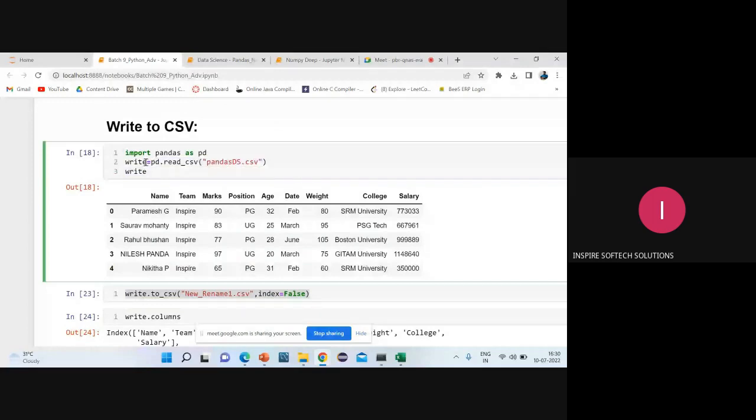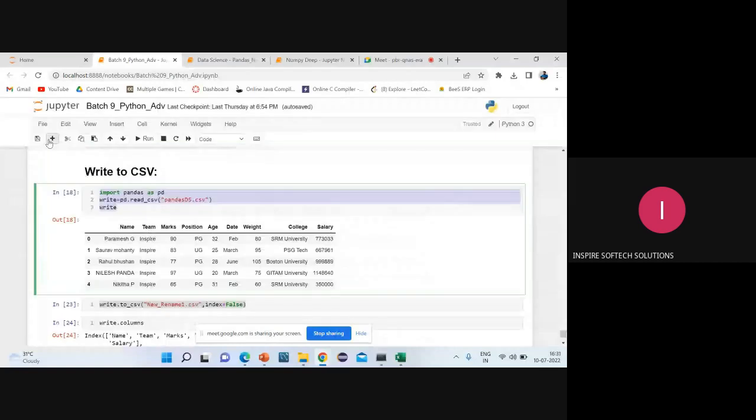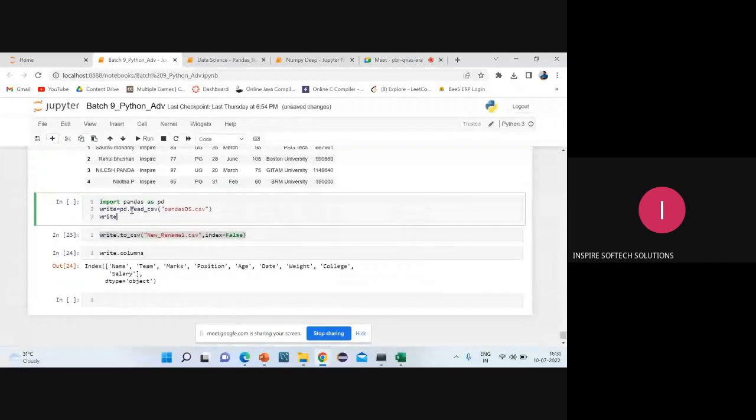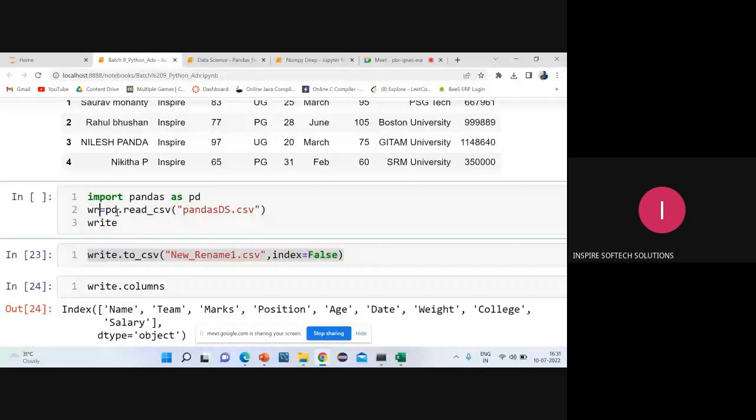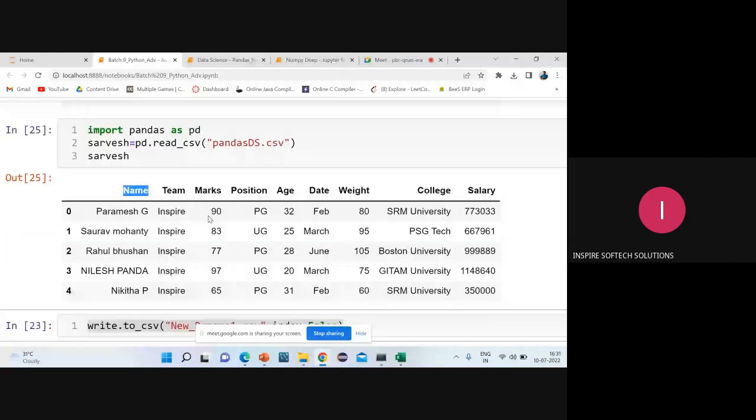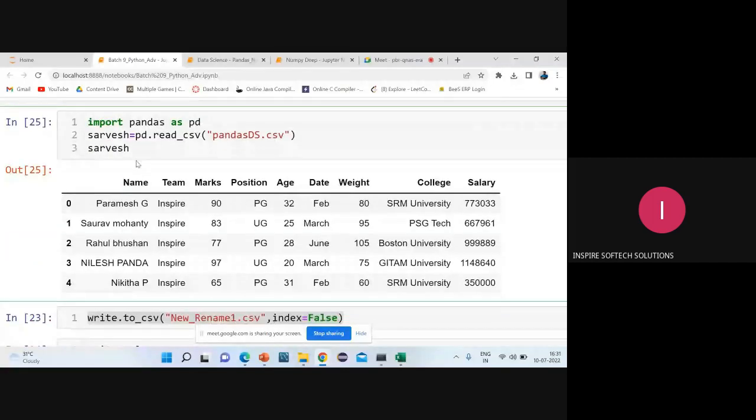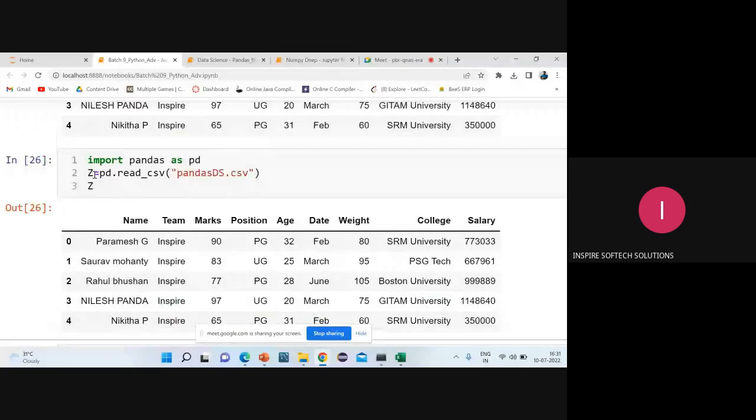It is like your file name. Suppose you're storing this file name, I'll add one more column. It is a variable, and there only you made a mistake, if I'm not wrong. So in place of write, I can give Sarvesh. I can print Sarvesh just to show you. You can see here it is printed. Now, if you want to modify also, I can use that Sarvesh. This is nothing but a variable, and it can be anything. I can keep capital Z. That capital Z I'm storing the entire pandas.csv, just reading into Z.